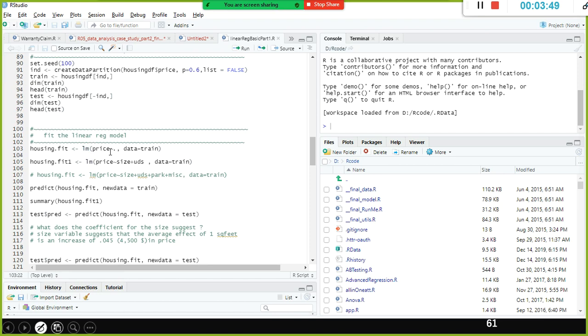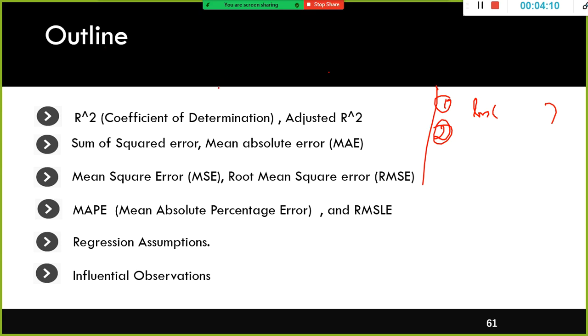So this is the dependent variable. Just before this, you need to specify the dependent variable. This is the syntax, okay? After the tilde, you need to specify whichever features you need to include. The LM function is to create a model, implement a model, or fit a linear regression model. And which function do we use to